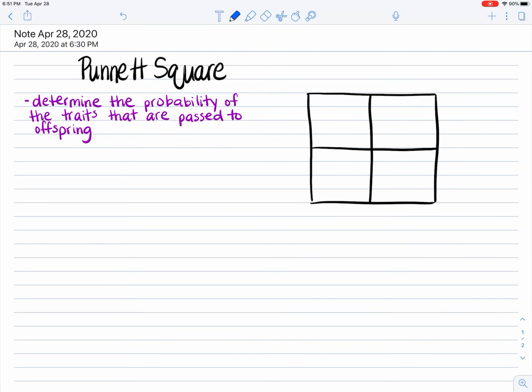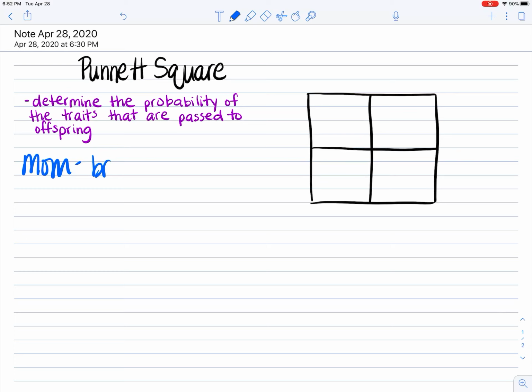I'm going to talk to you about how to fill in Punnett squares and how to analyze the data and the information that you have once it is filled in. So, Punnett squares determine the probability of the traits that are passed on to offspring. That means that if I wanted to, let's say, breed dogs, and I have a mom dog, dad dog, the mother dog,